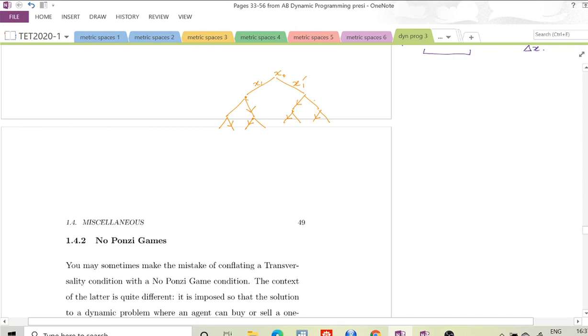So these look like a game tree. It's a decision tree, right? And these branches and twigs look like histories, but this is a simpler problem. So everything in a history is encapsulated in the current state, okay? The current state here, here, etc. And so suppose you've made those choices, right? And here you're at x1,